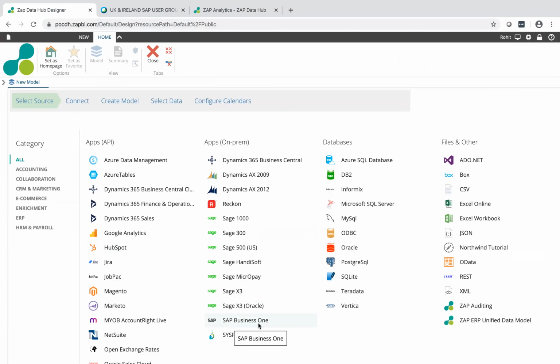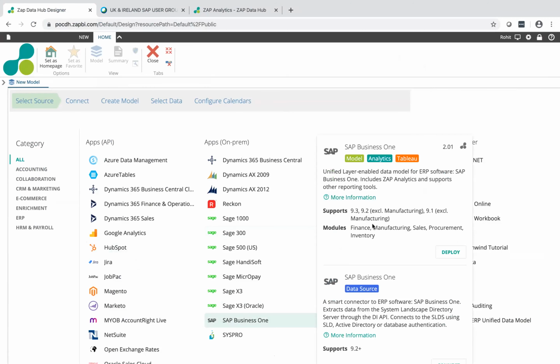In the case of SAP Business One, we support versions 9 and above, and we fundamentally work with core modules and so on. The first step to build a model, and I'm showing you the back-end side, is essentially to deploy this. What that deployment does is ask you a few questions around the connection. This is the most technical it'll get. Fundamentally, it's built on SQL, so it's all Microsoft stack, but we've tried to make it intuitive, point and click, drag and drop, that kind of stuff.